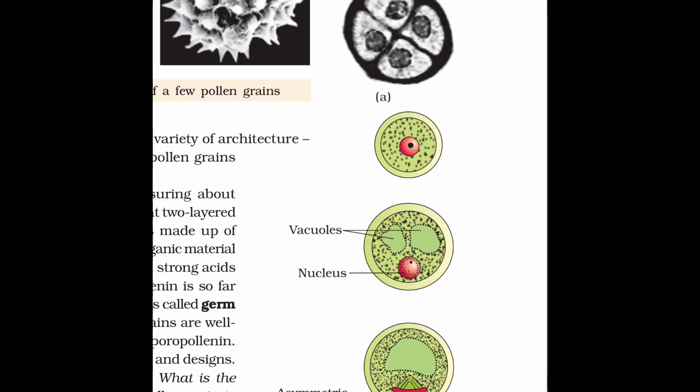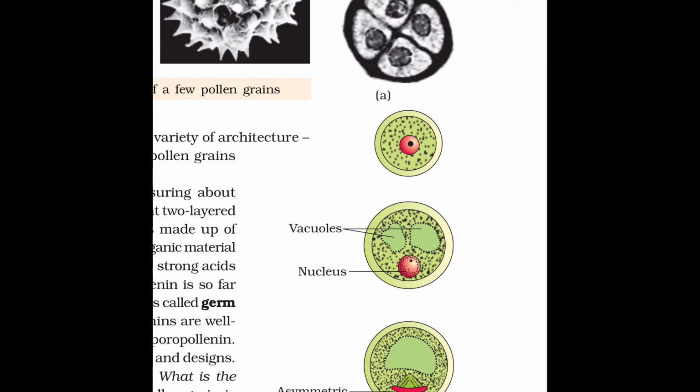When we see the structure of one pollen grain, we see that there are two outer or protective coverings on the microspore or pollen grain. The outer one is called exine, which has many types of beautiful decorations on it, and it is made up of a very hard, tough, resistant material, that is sporopollenin. Sporopollenin is a material which cannot be digested by any enzyme to date.